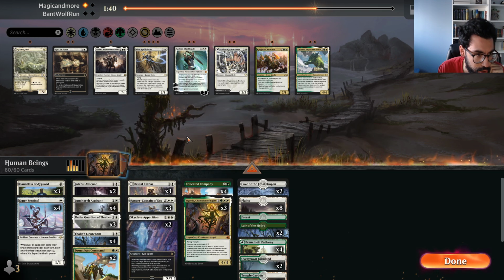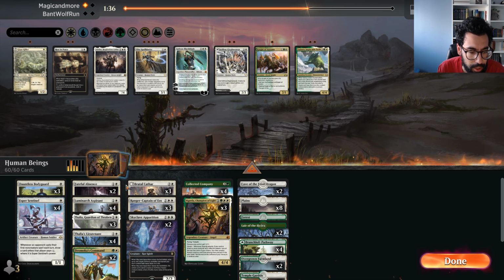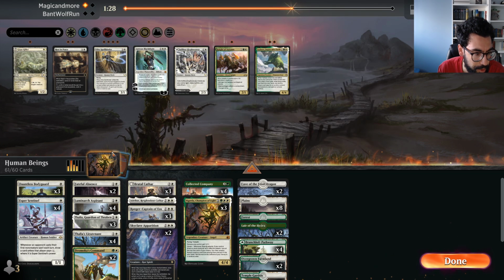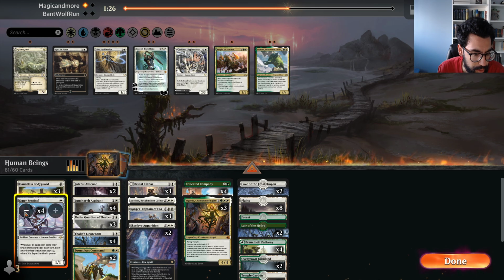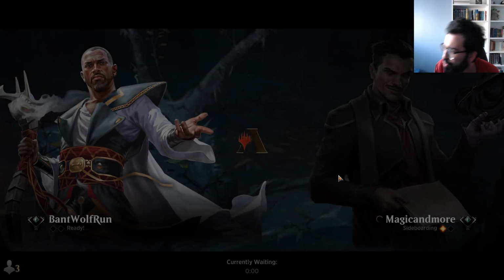Do I want an Adeline over an Esper Sentinel? We're pretty heavy on 1s. Or on 2s. Play that. That gives us a nice density of Coco. Maybe an Adeline on the play. Let's go down to 2 Thalias. Doesn't do a huge amount, but